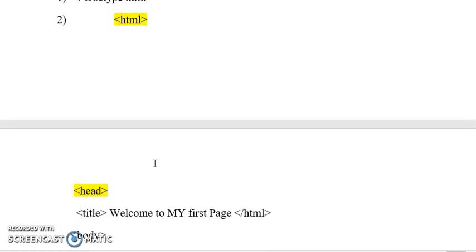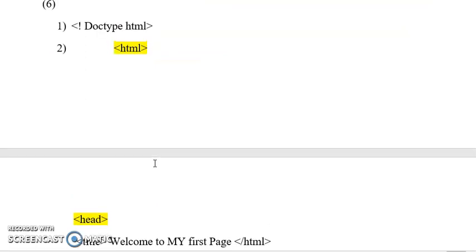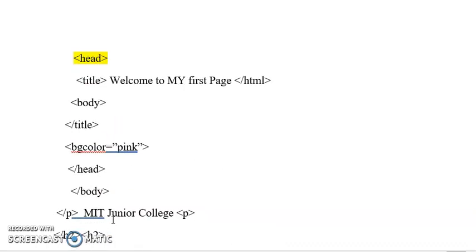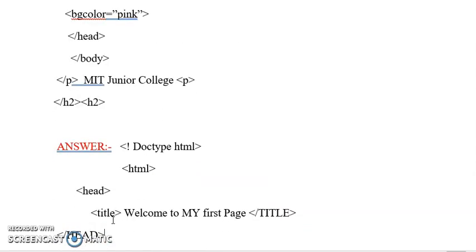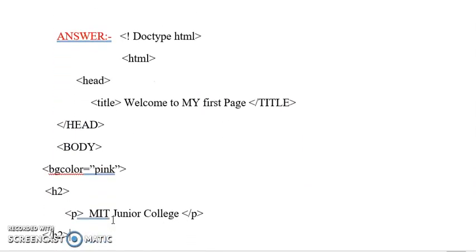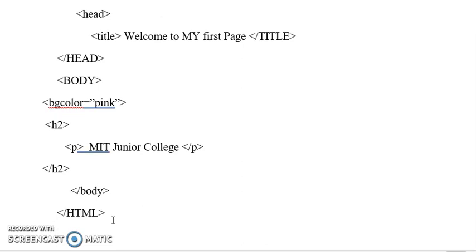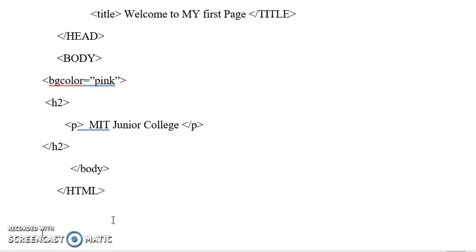Now we have rearranged the statements code. So always we'll start with doc type HTML, then we'll start with HTML head, फिर title लिखोगे, title को end करोगे, title के बाद आप क्या करोगे, you'll end the head, then we'll start with body. तो body में आप पूरा code लिखोगे, हेडिंग टैग्स लिखोगे, पैराग्राफ टैग लिखोगे, उनको आप क्लोज करोगे, एंड देन फाइनली बॉडी को क्लोज करके HTML को क्लोज कर दोगे.